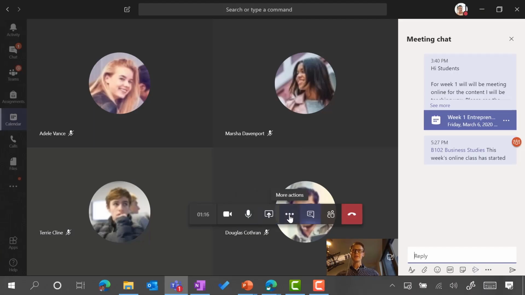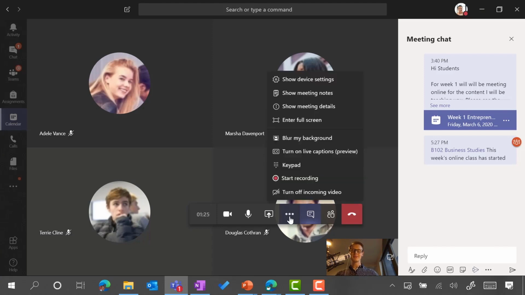The first thing I want to do, like any good online session, is make sure I start the recording. To do that, I simply click on the 3-dot ellipses here, and you'll see the different options I have. When I click start recording, this will then record everything that is said, all of the screen share, and all